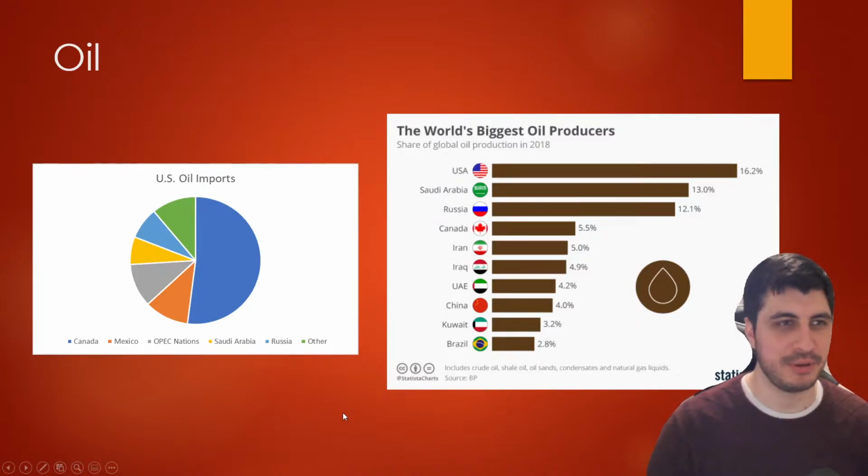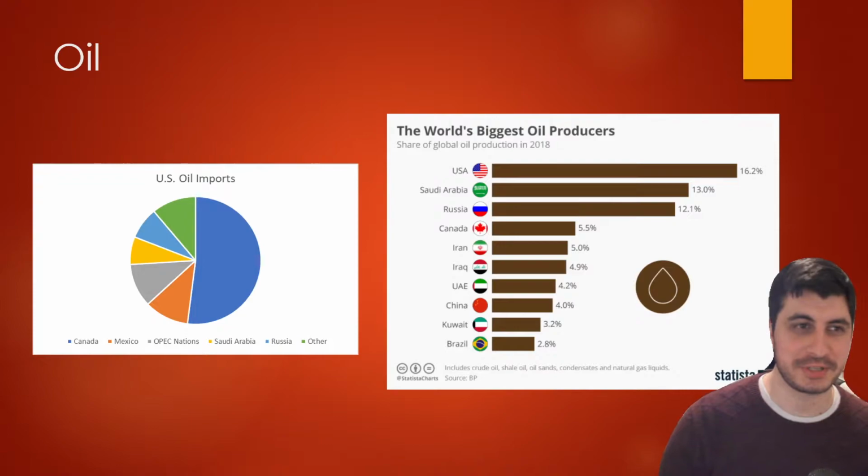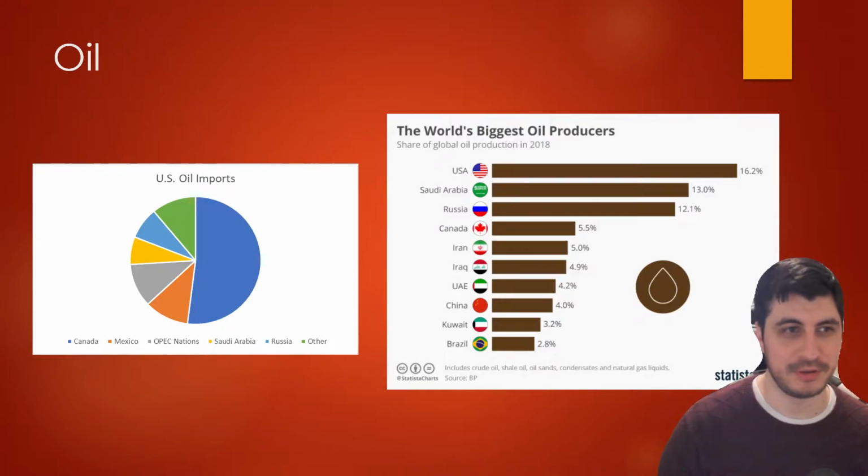Okay, so the last part with oil that we're going to look at is just the producers and the imports of gold that happen. So interestingly, the biggest producer of oil in the world is actually the United States. If you didn't know that, you might have thought it might have been Saudi Arabia or even Russia or even us to an